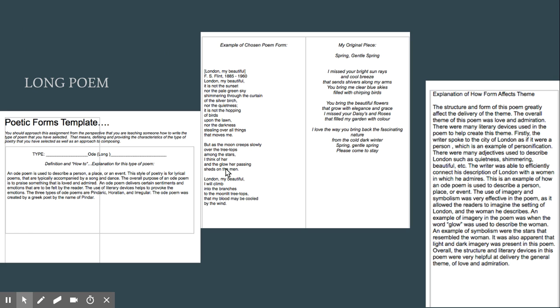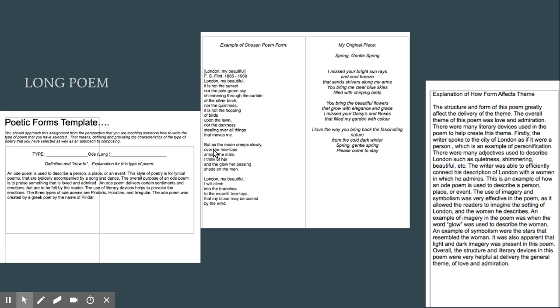This style of poem is much longer than the last one we looked at, because it wants to really deliver the emotion and the theme to the readers. There are many adjectives, metaphors and similes used throughout these poems in order to relate the subjects of the poem to the person that the author is describing. There was also a lot of imagery and symbolism used, with symbolism being London, the city, and then imagery being